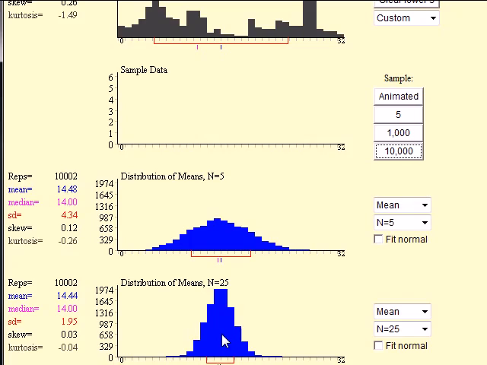And one thing that we're going to explore further in a future video is that not only is it more normal in its shape, but it's also a tighter fit around the mean. And you can even think about why that kind of makes sense. When your sample size is larger, your odds of getting really far away from the mean are lower, because it's very low likelihood, if you're taking 25 samples or 100 samples, that you're just going to get a bunch of stuff way out here or a bunch of stuff way out here. You're very likely to get a reasonable spread of things. So it makes sense that your sample mean is less likely to be far away from the mean. We're going to talk a little bit more about that in the future.